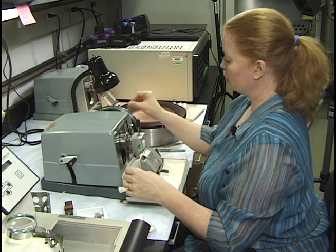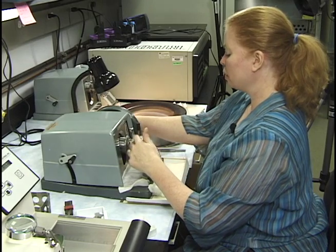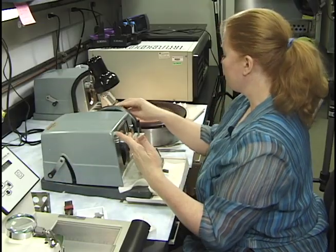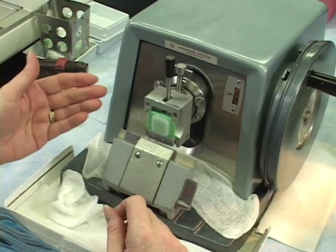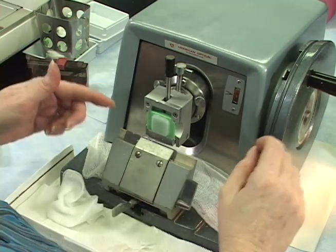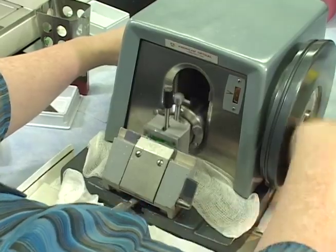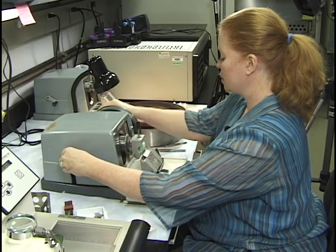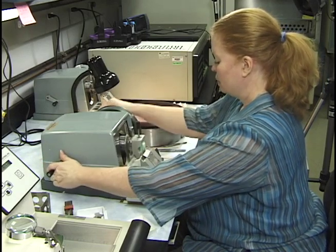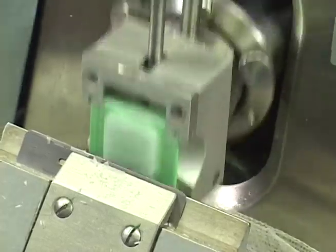Release the locking mechanism, and I like to back off the blade, and then come forward again, because as the block warms up, it's going to be expanding more, and you can actually chunk your tissue out or something like that. So I back it off and then I bring it forward very slowly, full turns, and when I see I'm getting close, I just watch closely. As I see I'm getting close, then I stop with the advance and retract wheel because I don't want to take a chance on cutting it,